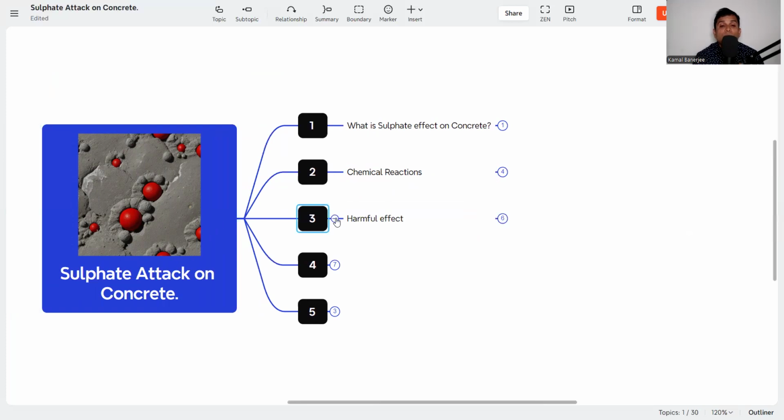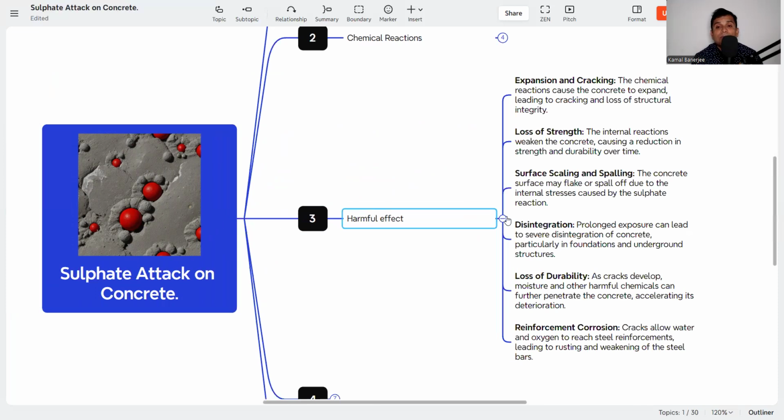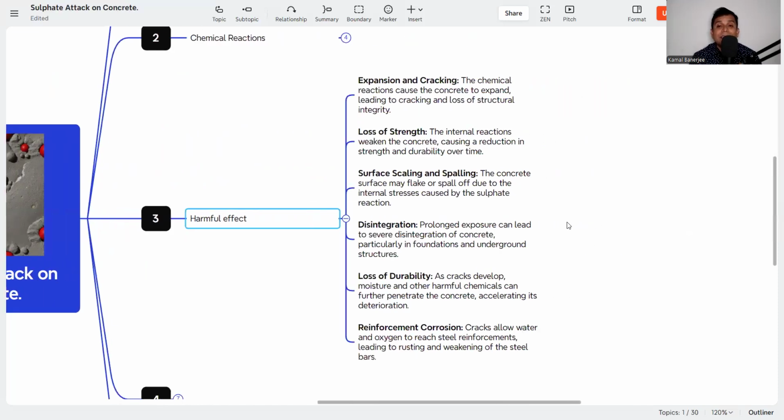Now next, what is the harmful effect, and why is it harmful? That we need to know. The first thing is expansion and cracking. The chemical reaction causes the concrete to expand, leading to cracking and loss of structural integrity. So what is happening is that either gypsum is forming or, most of the time, ettringite is forming. Both increase in volume, and whenever volume increases, internal stress develops, and when internal stress develops,